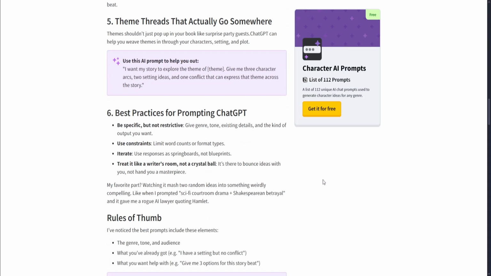Then lastly is best practices for prompting ChatGPT. You need to be specific but not restrictive. Give the genre, the tone, existing details, and the kind of output you want. You can use constraints like limit the word counts or format types, and iterate by using responses as springboards and